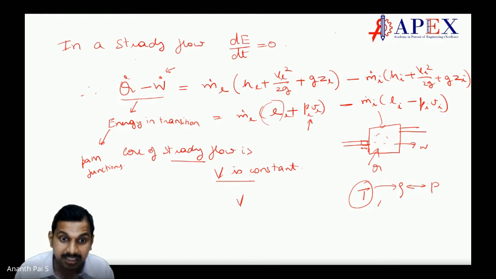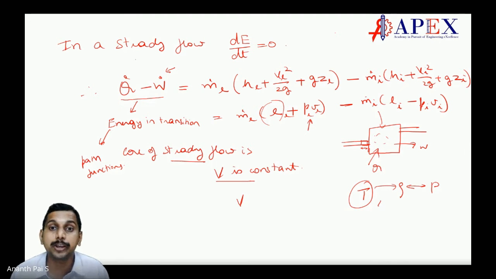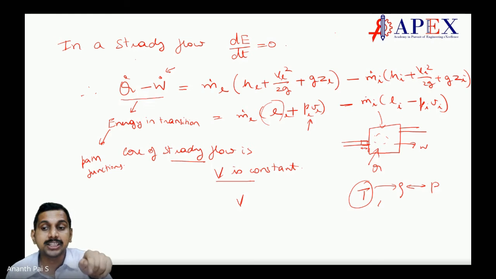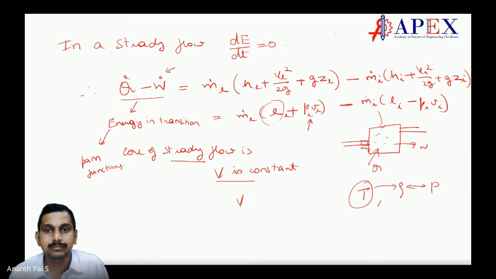Sir, even if it's steady flow, velocity is involved, no? Yes. When it is steady flow, the velocity has to be the same at a particular point, not everywhere. Don't take that velocity at the exit is equal to velocity at the inlet. Velocity steady means at a point, velocity does not change with time. Keep it. Make sense?